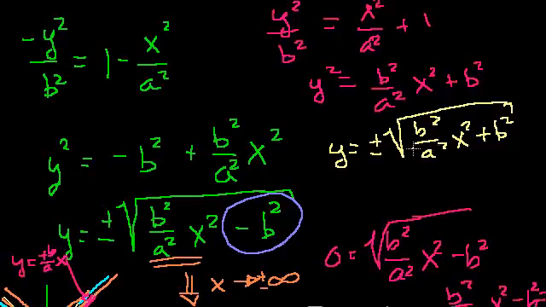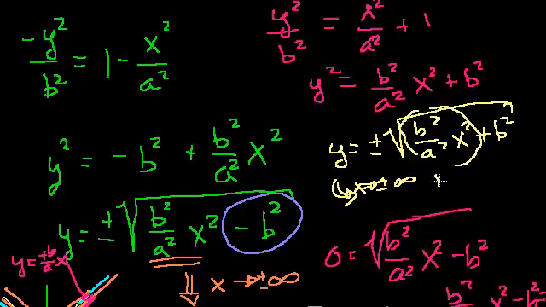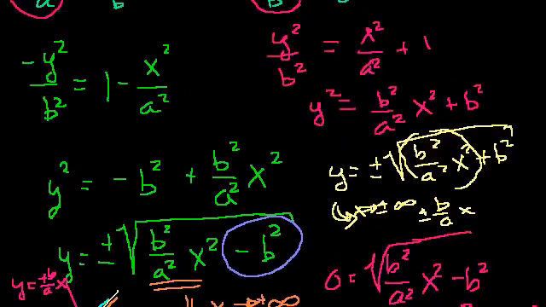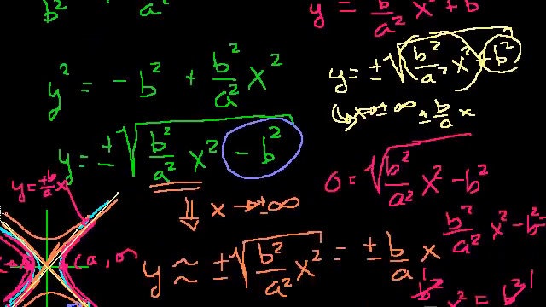We can make that same argument that as x approaches positive or negative infinity, this little constant term right here isn't going to matter as much. So you're just going to take the square root of this term right here, which is essentially b over a x, plus or minus b over a x. And once again, those are these same two asymptotes, which I'll redraw here. That line and that line. But in this case, we're always a little bit larger than the asymptotes. Especially in the positive quadrant, that tells us we're going to be up here